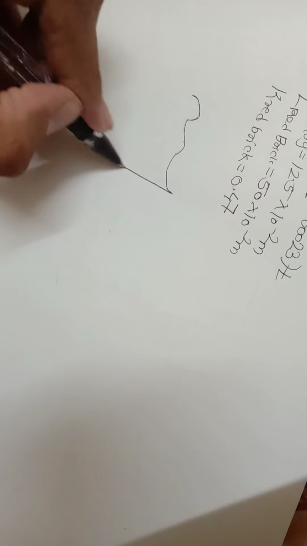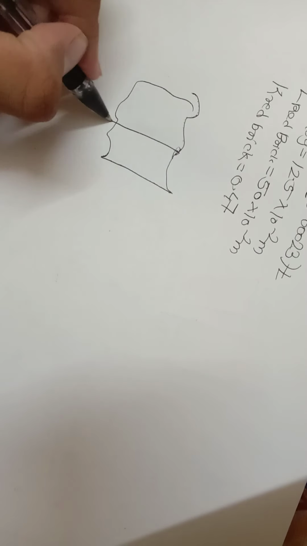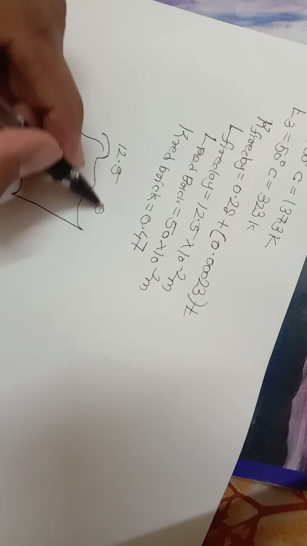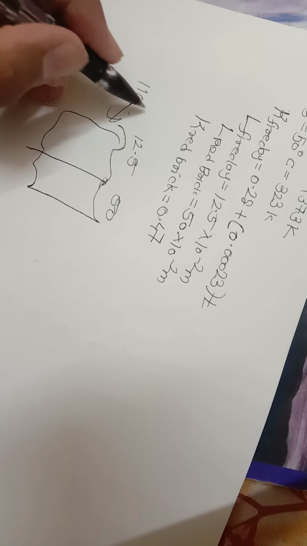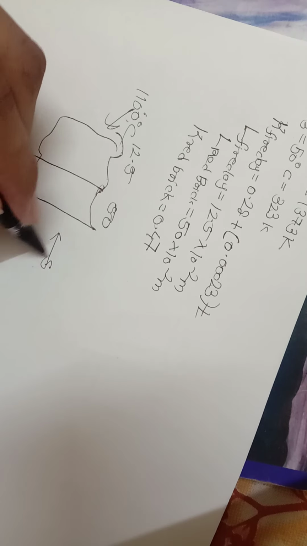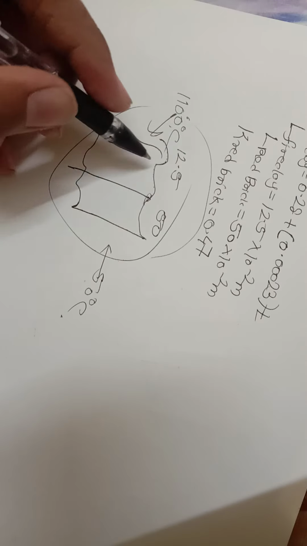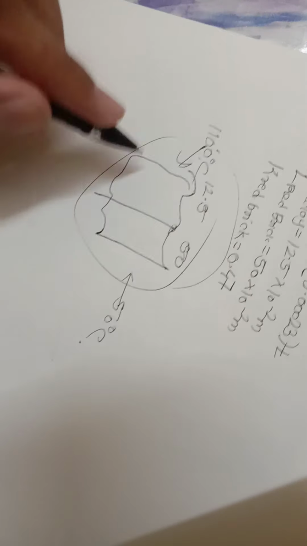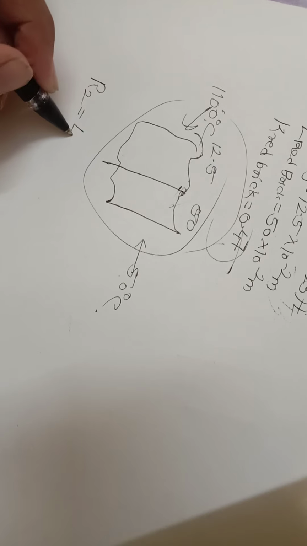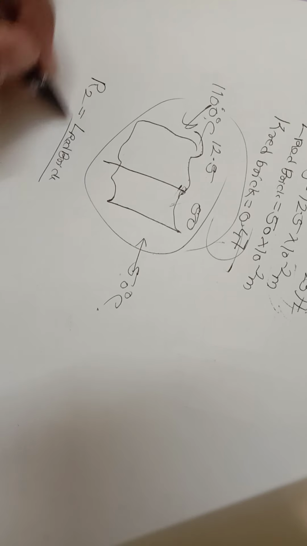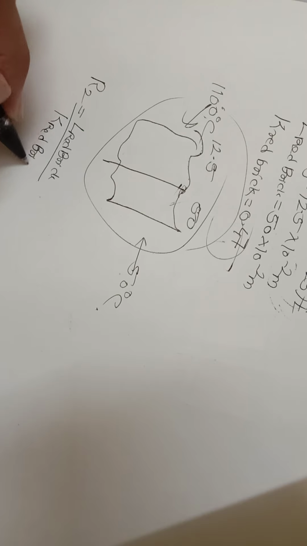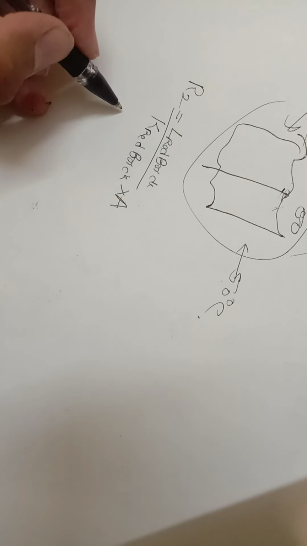So we have to just draw a slab. This is 12.5, this is 50. I have just drawn it roughly; maybe this diagram you can draw it with a fair, just for conceptual understanding again. So first we will find R2, first we will find thermal resistance. This is easy. This equation somewhat looks weird, so we will take care of this equation afterwards. So first R2 is equal to what? L of red brick upon K of red brick into A.